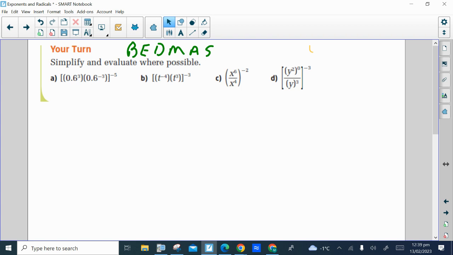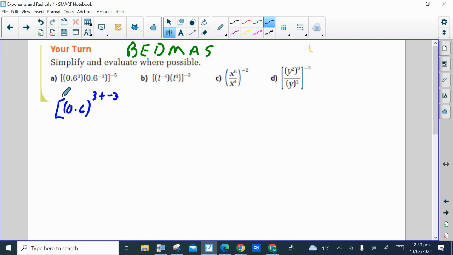The order that we need to follow when we have multiple operations to do. And again, the B is brackets. We do what's inside brackets first. And inside the brackets, we're multiplying two powers with the same base. So the law says that we add the exponents and keep the base the same. So it is going to be 0.6 as the base, which will stay the same. And then you're going to add the exponents together. So we'll get 3 plus negative 3. And then that's all raised to the power